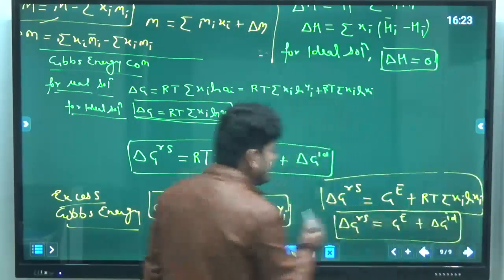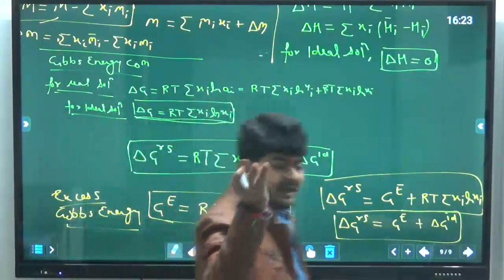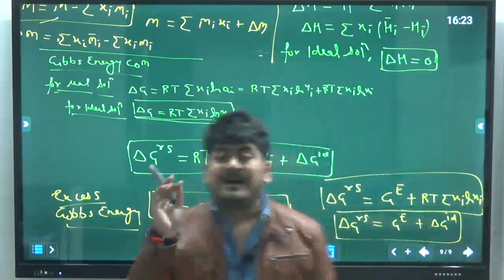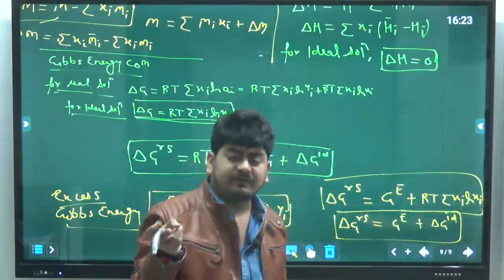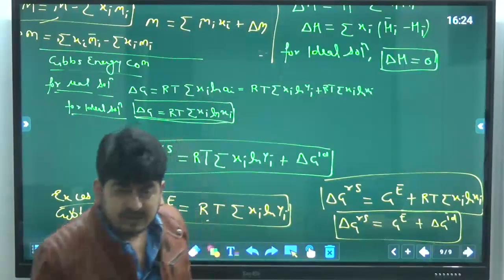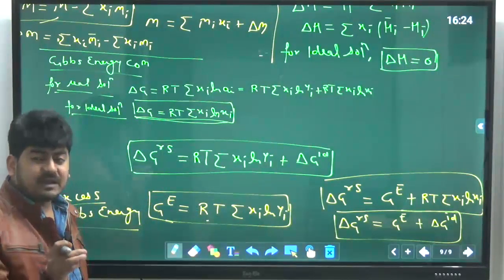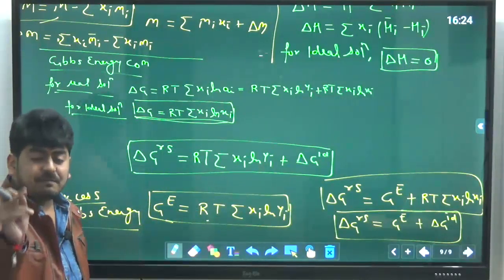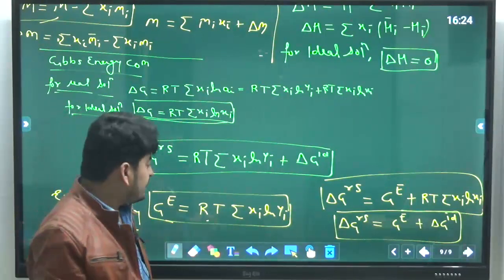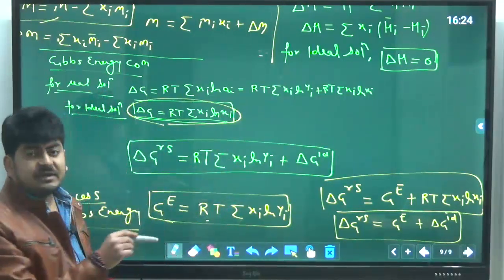Okay, because for ideal solution Gibbs energy change of mixing will not be zero, only the volume and enthalpy will be zero. So you have to understand that for ideal solution enthalpy change of mixing and volume change of mixing will be zero, which means for ideal solution partial molar volume of any component and its molar volume will be same. Similarly, the partial molar enthalpy of any component and its molar enthalpy will be same for ideal solutions, but not for the Gibbs energy. If you are mixing any two components, then the partial molar Gibbs energy and molar Gibbs energy of the component will be different for sure. Okay, as you can see, even for the ideal solution it was not zero.